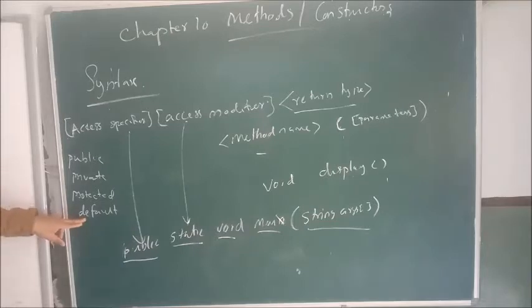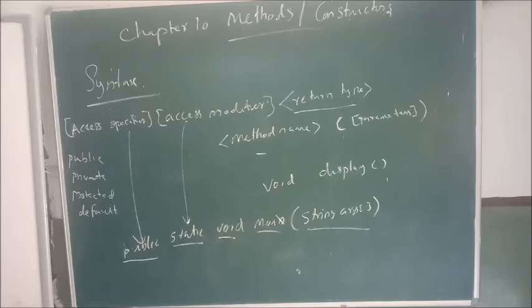Then when we say default, actually default is in between protected and public. How are we getting this default? See, I told you about that example, void display. It has no access specifier, so the compiler assigns it as the default one. That means automatically it is available within that package plus to its subclasses.